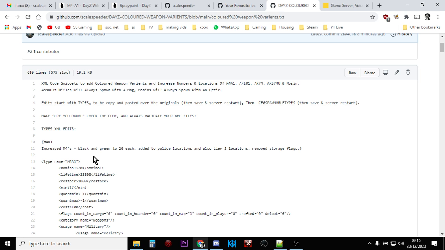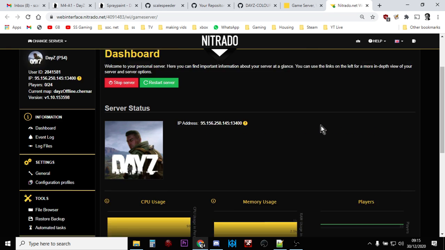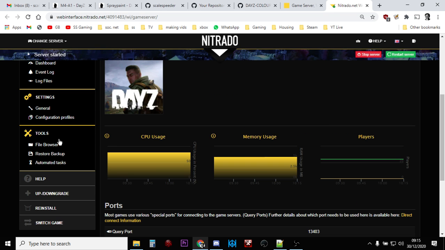Now don't just install this file on your server, okay, because there's writing in this. It won't work. You need to copy and paste the bits out of it. So what you need to do is go over to your server provider, using Nitrado as an example in this case. Remember, this will work for Xbox, PlayStation, PC. Go to the web interface of the particular server you are working on, and then go to the file browser. It's under Tools on Nitrado,